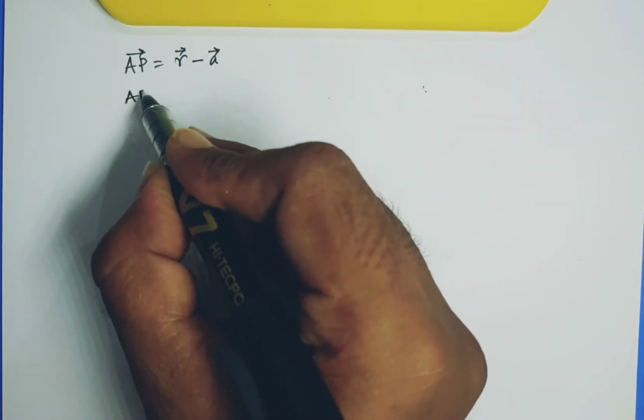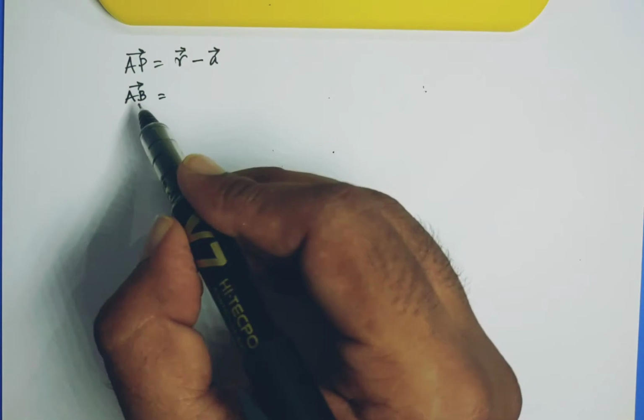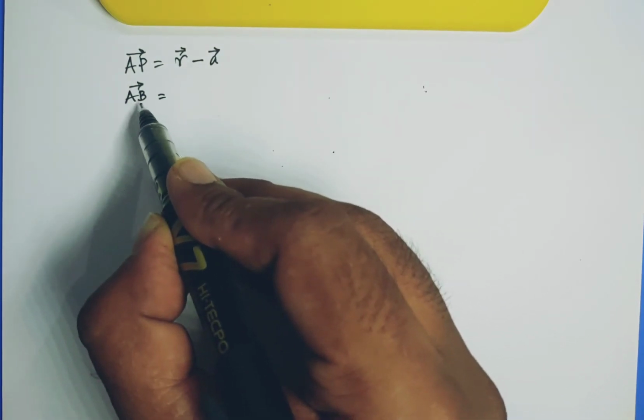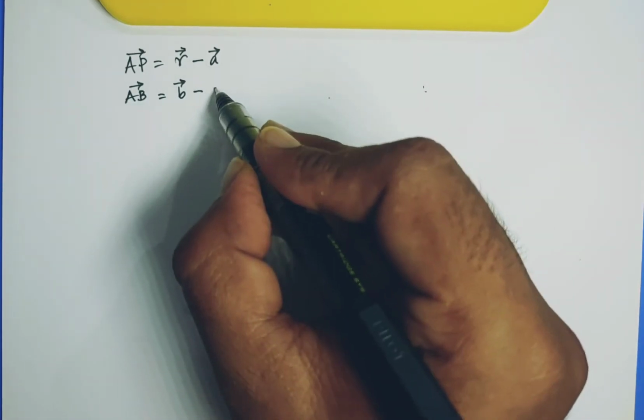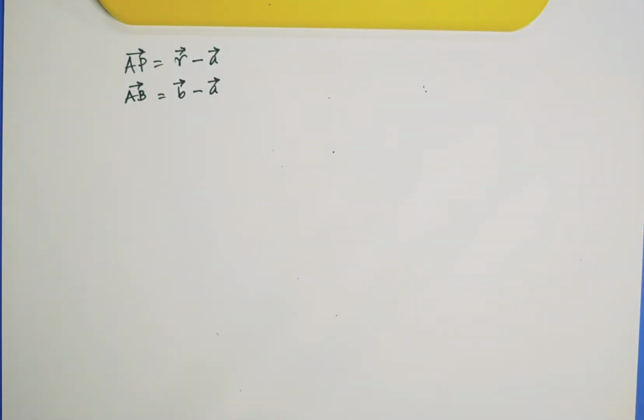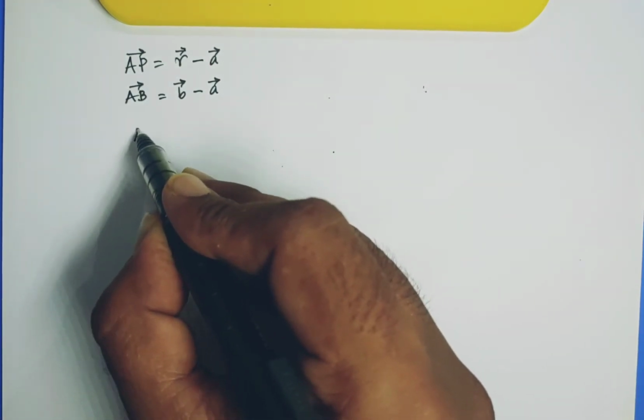Now can you tell me what will be the AB vector? Look, we don't have to use the triangle law here. Now we can use it directly. In the previous one also we could do that. Okay, the AB vector will be the position vector of B, which is B vector, minus the position vector of A, which is A vector, right? And I told you both these vectors are parallel to each other. So what we can say is that the AB vector